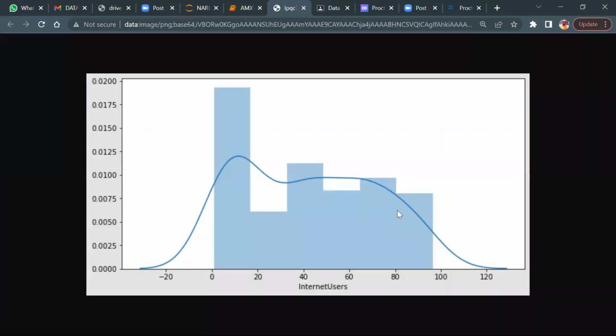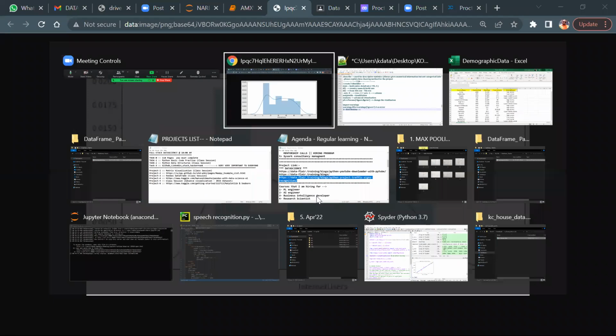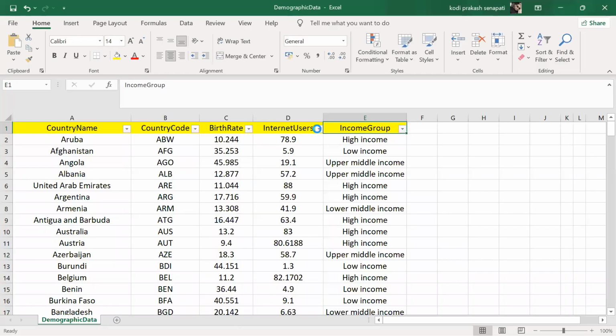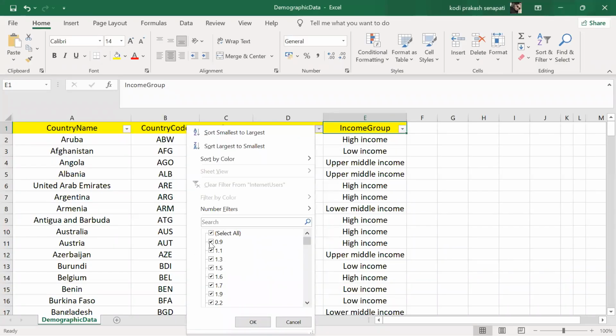Clear or not, everyone? Now let's go back to the internet users and understand the distributions plot graph. Go back to the Excel sheet. Internet users spread from 0.9 to 96.54. Got it?